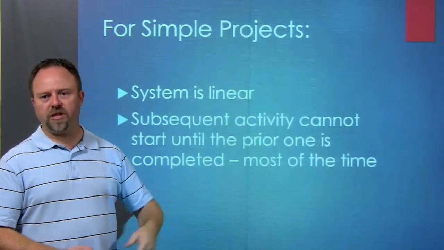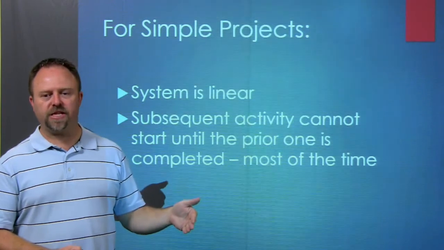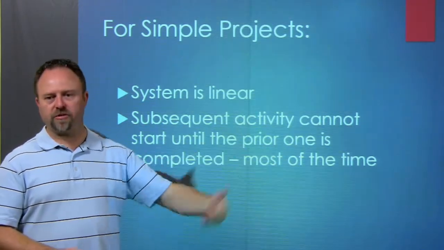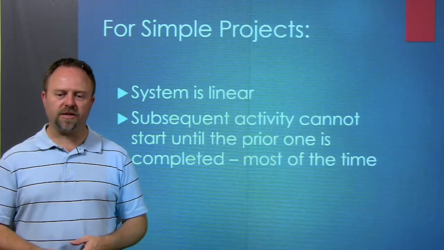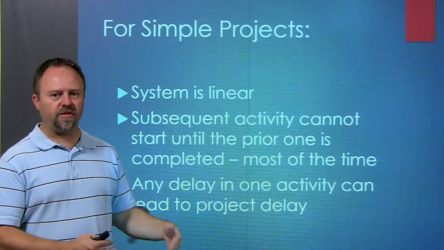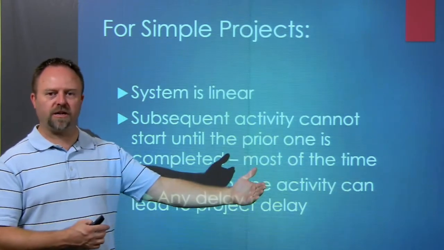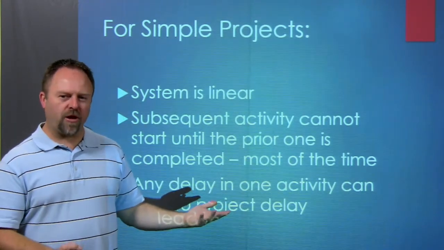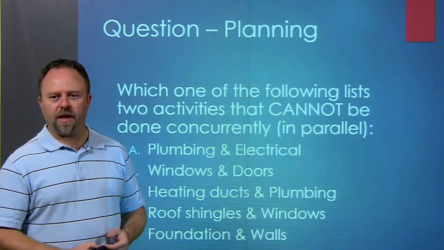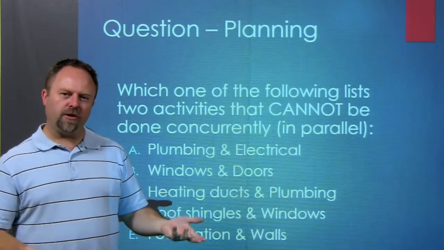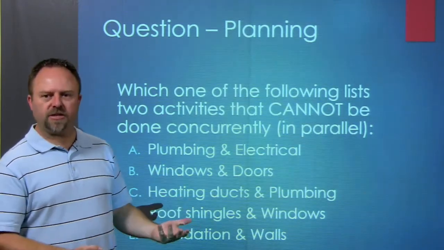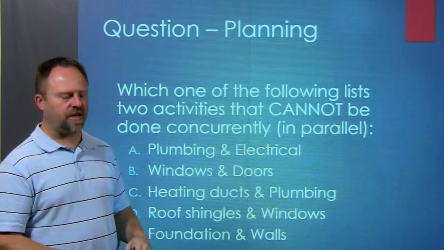But for simple projects, these steps could be linear, and so you can do them one after the other, and you have something that needs to be done from the first step before you go on to the next step. So you have to make sure that those steps are done in sequence, in the proper order. But if there are any delays on any of those steps, it's going to delay the whole project getting done. So when you have a more complicated project, you can divide it up a little differently, and think about, how could I put activities simultaneously so that I can use my resources and get things done faster.